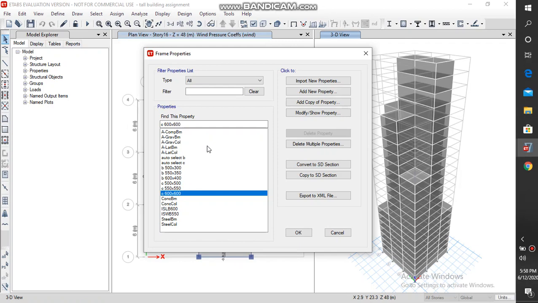While designing, if a basic frame fails, we are supposed to again define another material and again assign it. So this is a lengthier process. Therefore we have an option called auto select. In this auto select, we are going to add all these dimensioned beams into it, and then we are going to assign